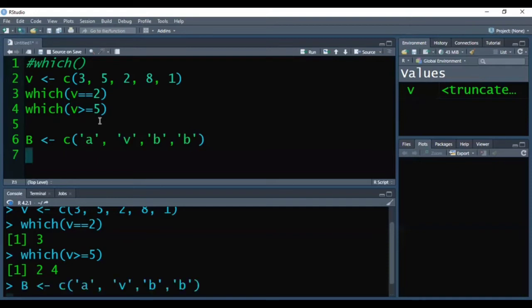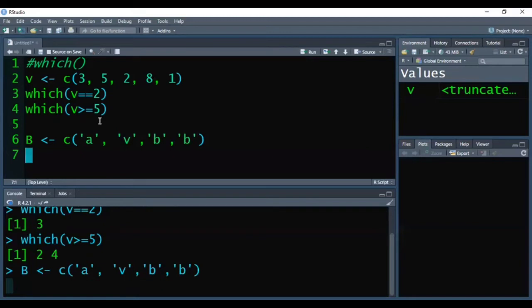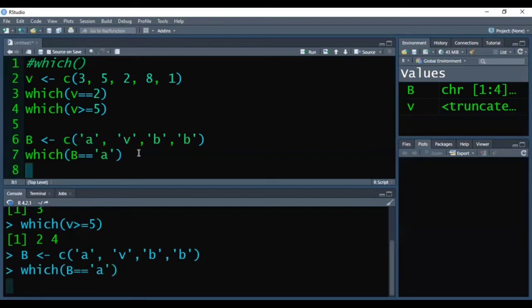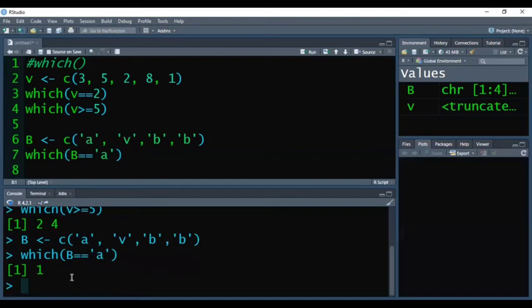Now I am executing it in R. Now, if I want to find whether any of the elements in vector B is A, and if yes, what is the position of that element. So I am pressing Ctrl Enter and in the output you can see it is returning us 1.